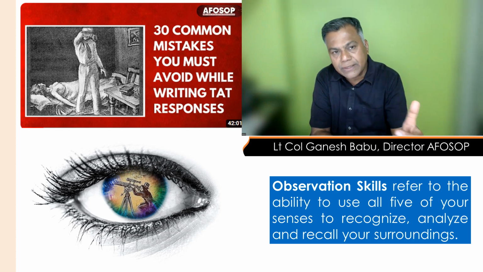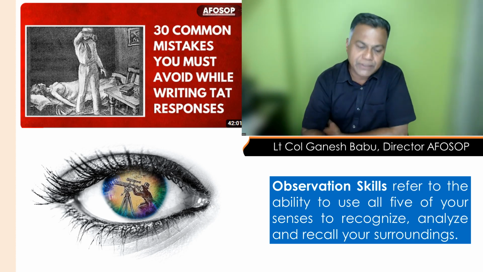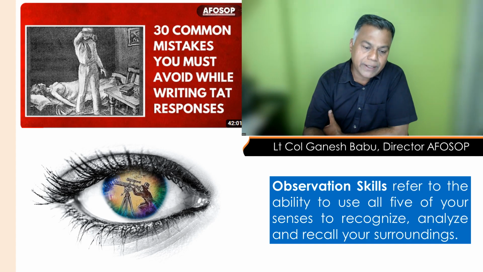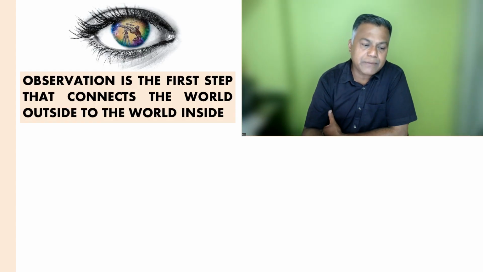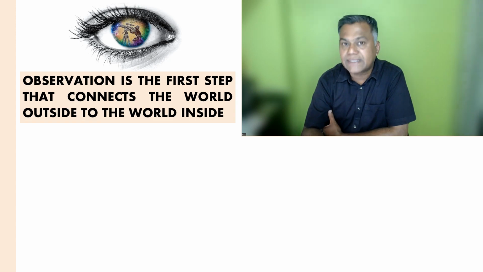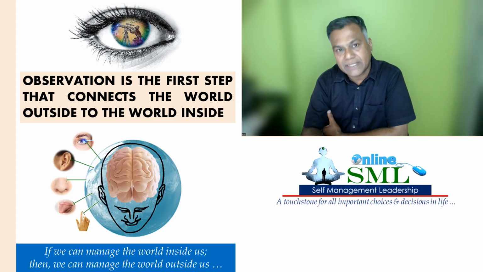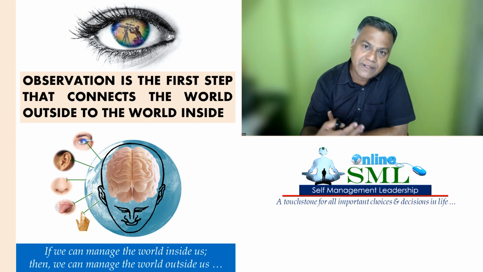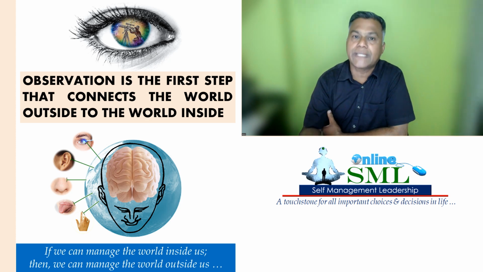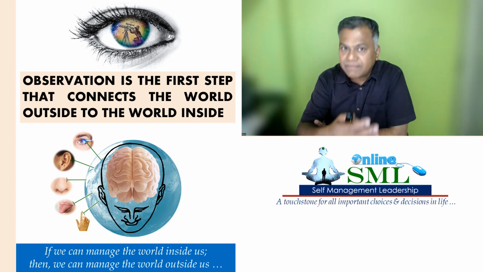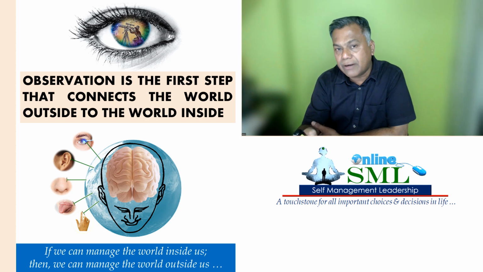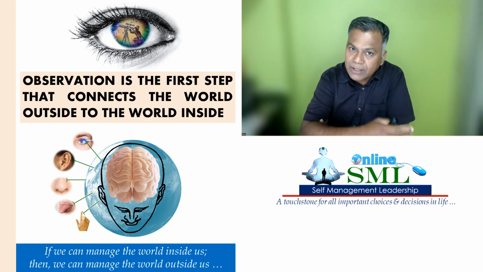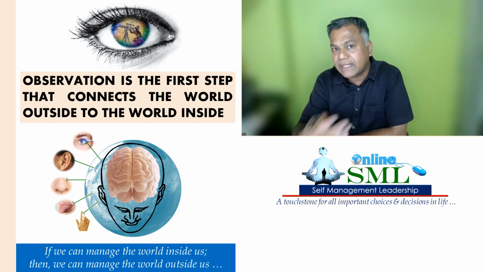आप partial observation करते हो या observation में already biases है because of various inputs from different sources. तो उसे ठीक करना जरूरी है. Now, observation is the very first step that connects the world outside to the world inside. और आप लोगों ने अगर SML के क्लासेस अटेंड किए या वीडियो देखा है, उसमें मैं एक स्टेटमेंट बोलता हूं that if you can manage the world inside us, we can manage the world outside us. But when the input itself is not correctly fed inside the inner world, how will we manage the world inside us? Because हमारे sense perception से हम world outside का information को world inside तक ले जाते टाइम ही गलती